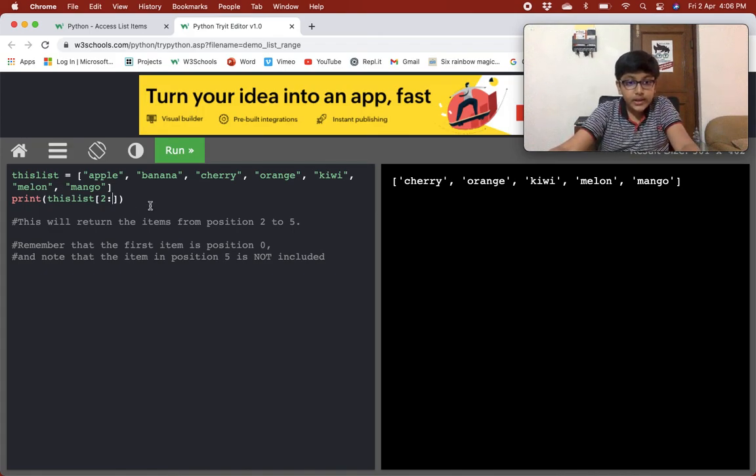So you understand, whatever you give as the second number, it would bring the items from the specified first number, from index 2 till the number you give minus 1. So if you give 5, it would bring it till index 4. Index 4 was kiwi, so cherry, orange, and kiwi. So this is a range.